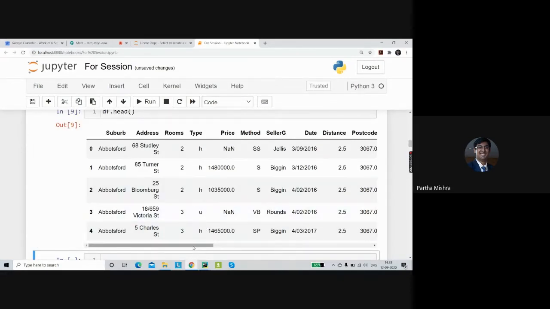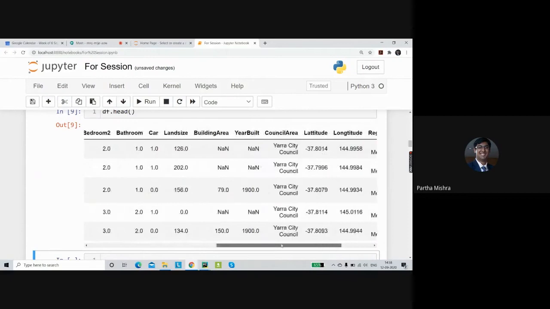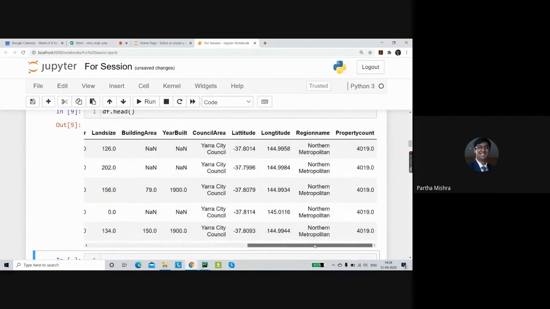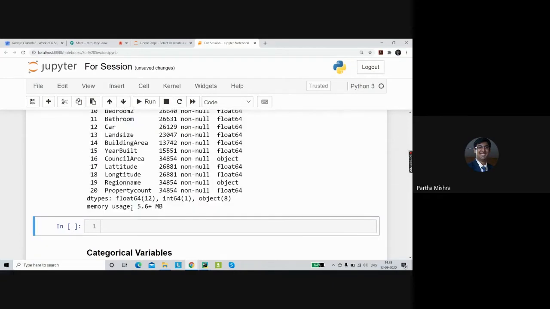So from this, we can understand there are many columns which are numeric and a few columns which are categorical in nature. So if you want to figure out how many exactly are numeric and how many are categorical, by default, that means while reading in the data, looking at the data, Python itself will assign the column as a numeric column or a categorical column. That is categorical in the sense it will be treated as a string. So if we run this particular method called .info on the data frame,